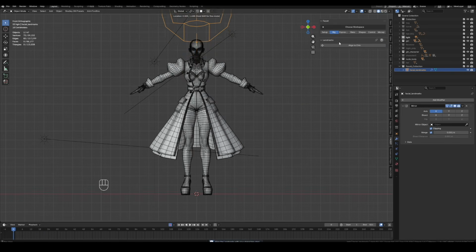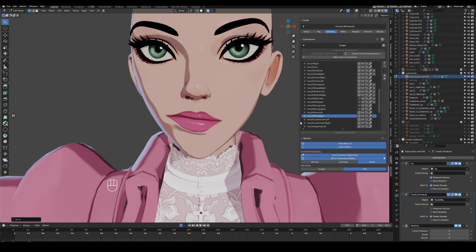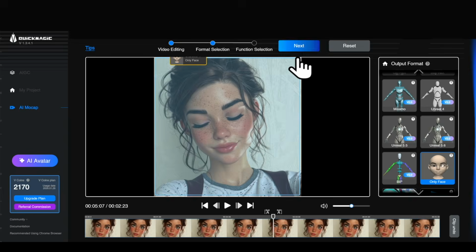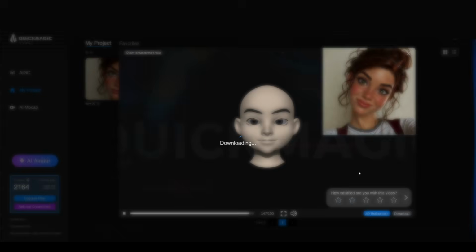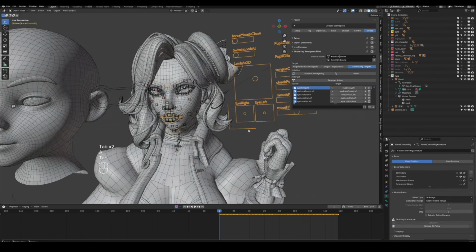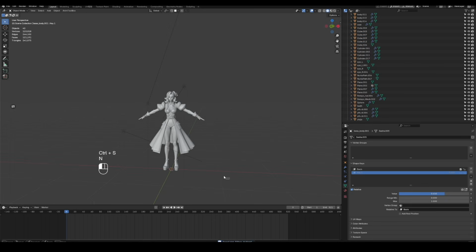It's not about perfect results in one pass, but it saves you a ton of time messing around from scratch, so you can focus on shots, pacing, and the feel you want to convey. I'll walk through the whole thing with this example, and I'll point out a few common issues along the way. Even if you're not confident with animation yet, just follow along. Let's get started. First, let me walk you through the full workflow.